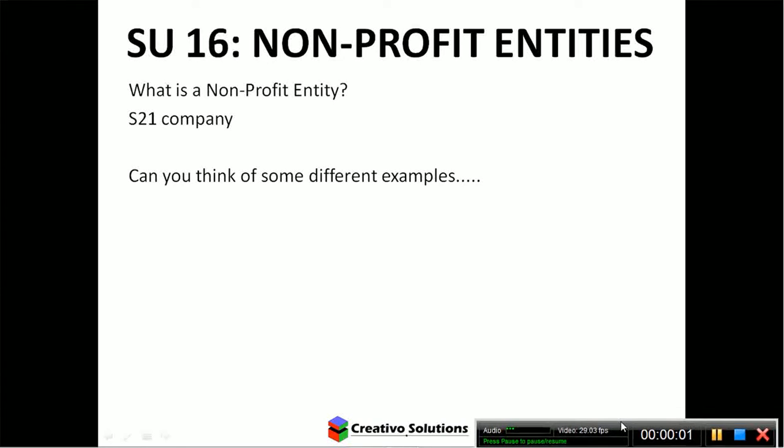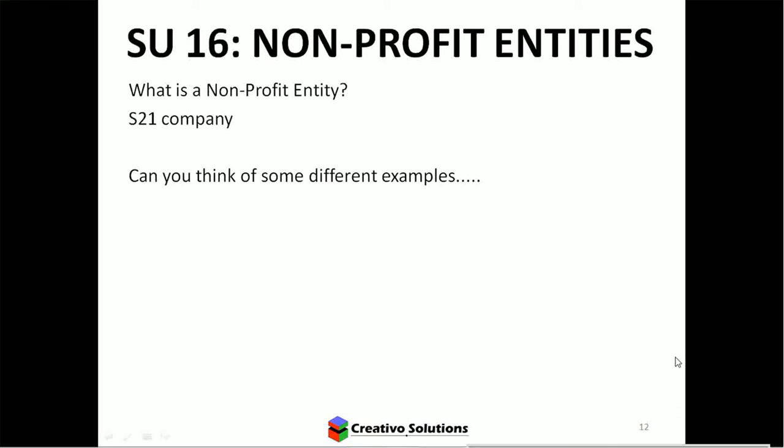Study Unit 16. When you look at Study Unit 16, you'll see it is focusing on non-profit entities. Do you support any charities? Yes, Girls and Boys School. Okay, so is that a non-profit? Yes. If it's a non-profit, it's generally a Section 21 company because the company is focusing on a